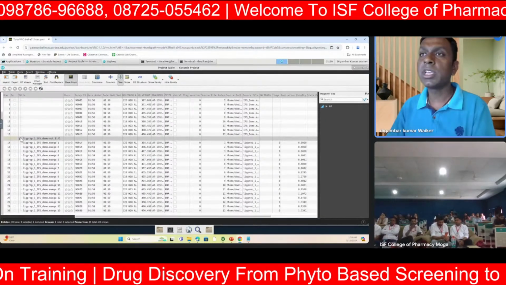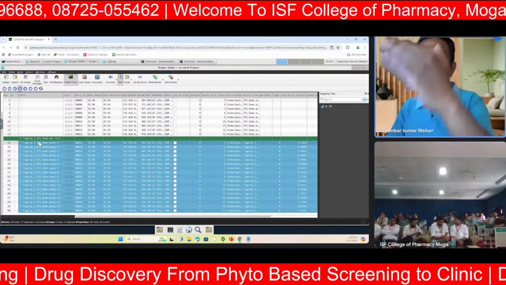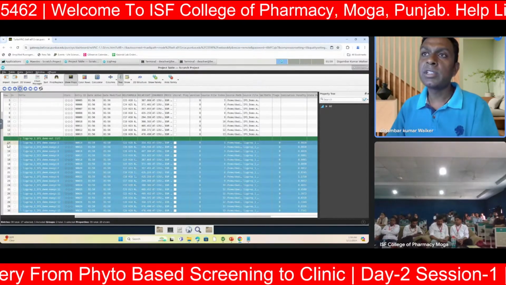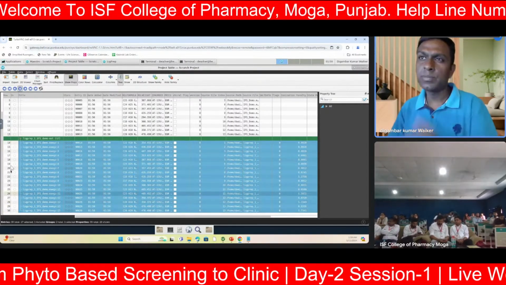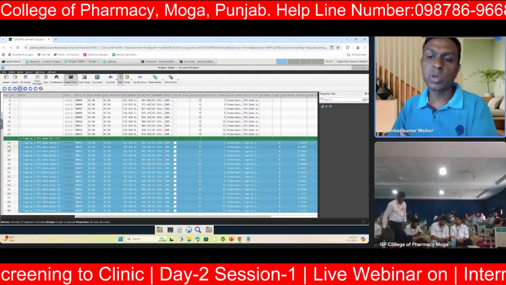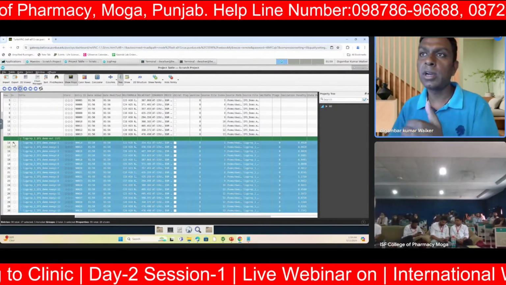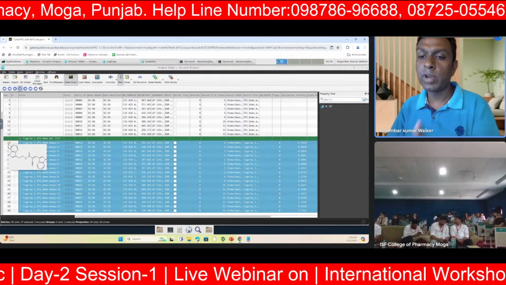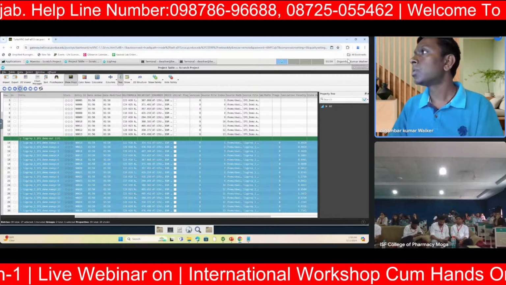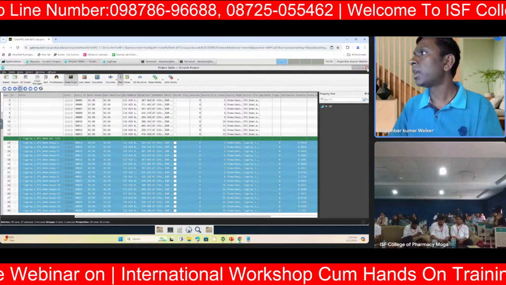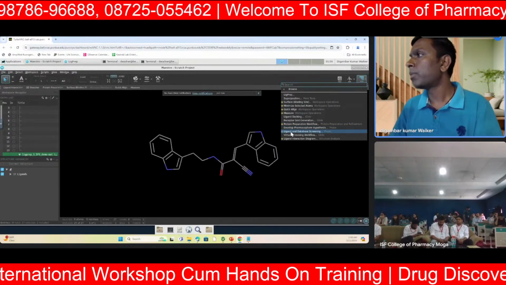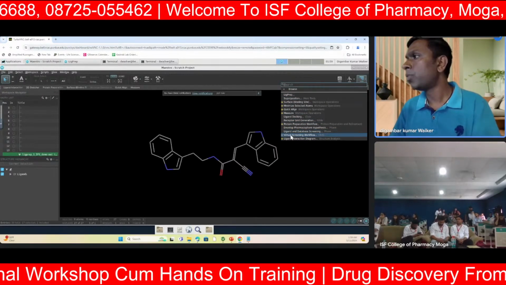And then you can see here the prepared ligands. So for these 13 ligands, we got 13 structures, one ligand structure for each of our ligands. Okay, so now I'm again going to close this window and go to this virtual screening